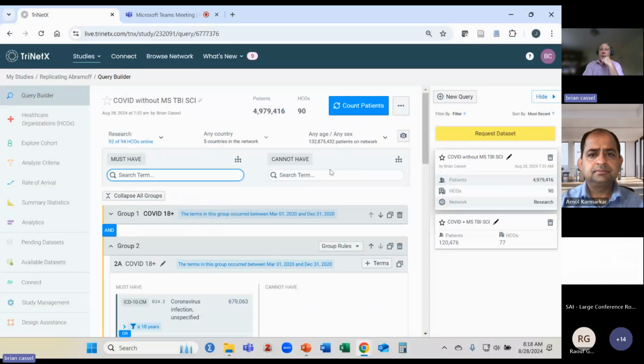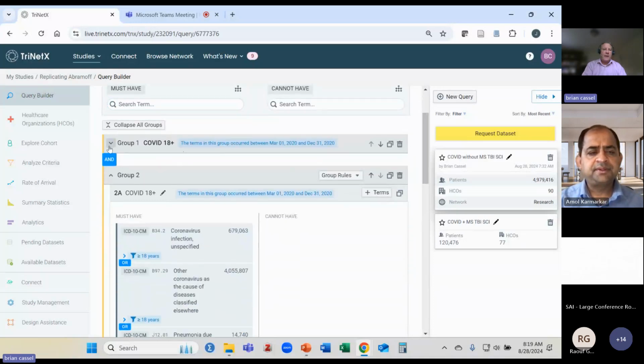So this is what those two queries look like in TriNetX. When I count patients, it saves my queries over here on the right-hand side, and this is a history of the queries that I'm running within my replicating Abramov study. So a study or a project can hold lots of different queries and analytics in it. And as I said, I have,